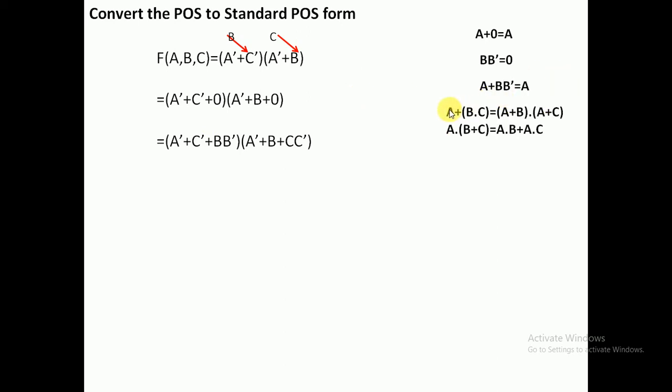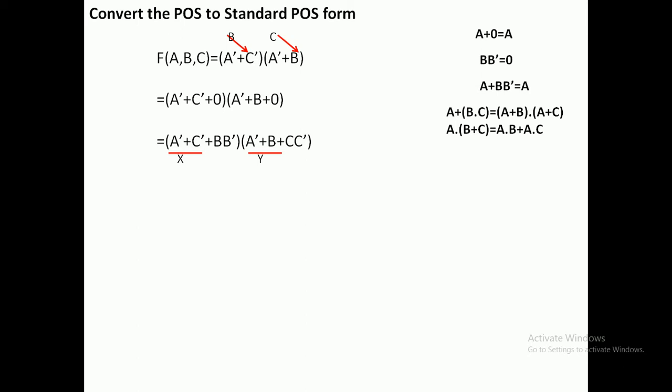Here I am explaining A plus B dot C. Now plus over dot, the distribution will be A plus B and A plus C, and dot over plus will become A dot B plus A dot C. You must understand this. This is called the distributive law. Similarly, just apply it. If you are confused, let us consider this part is X, this part is Y. If there is another term, let us consider Z. Even if there is another term P, Q, R, something.